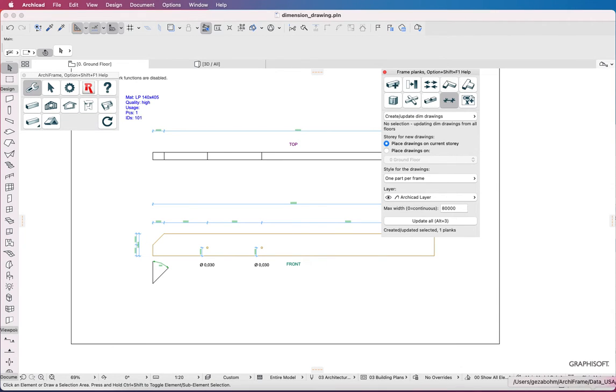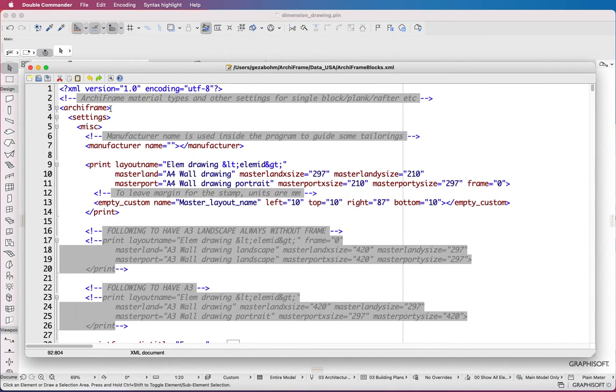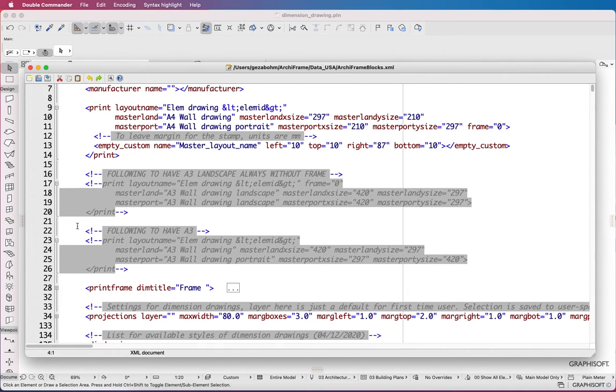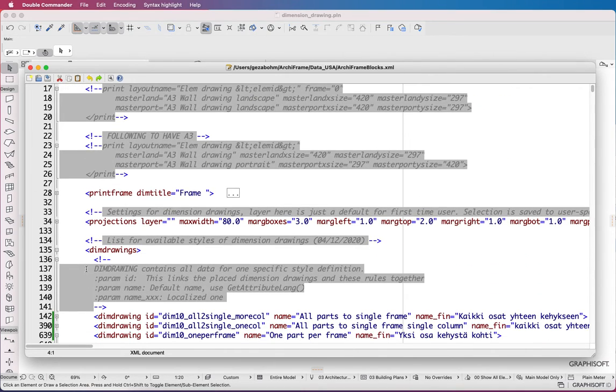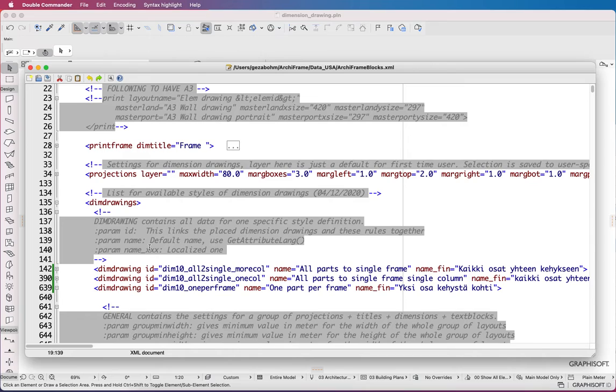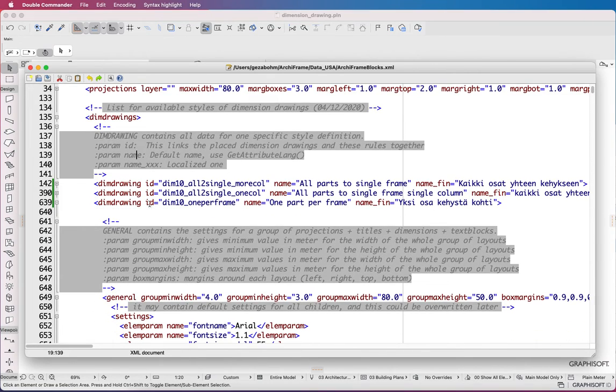Predefined styles are in the Archiframe blocks XML. Please search for the dim drawings tag. You will find a lot of info in the comments.